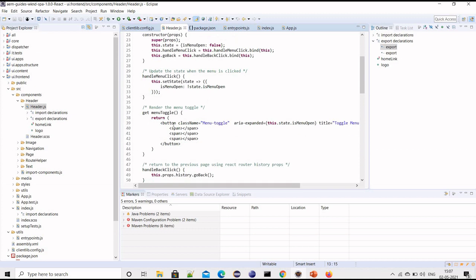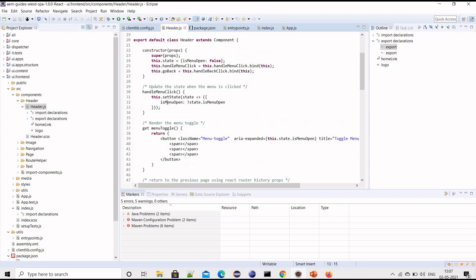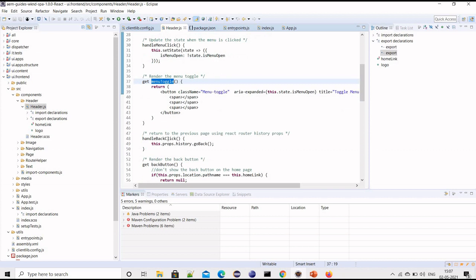And these are the methods we want to specify in our header component, basically menu toggle, or if we are clicking on back, we are going back to the history.